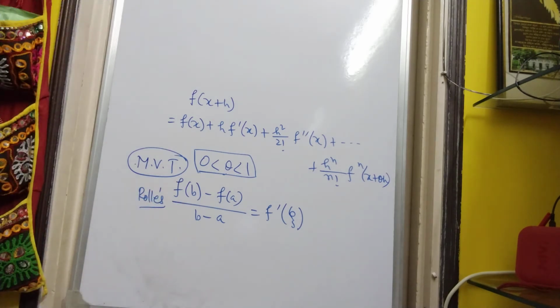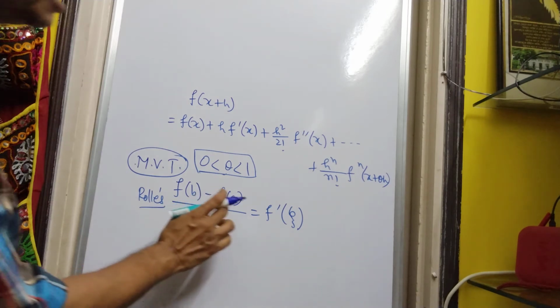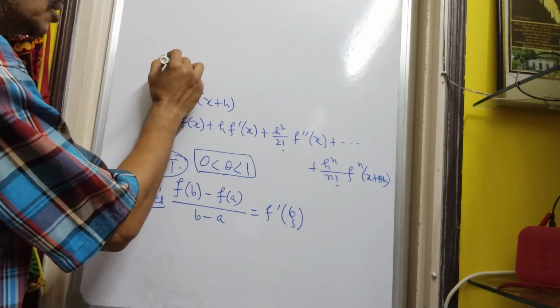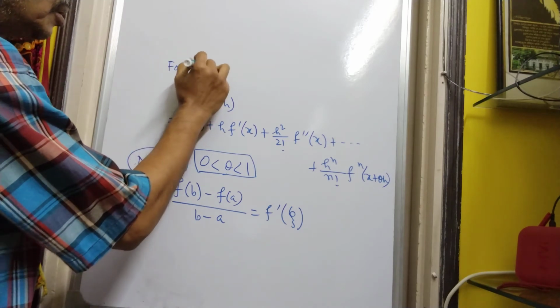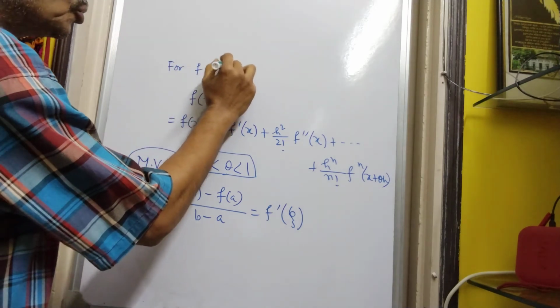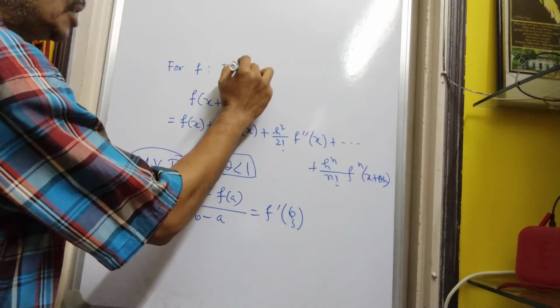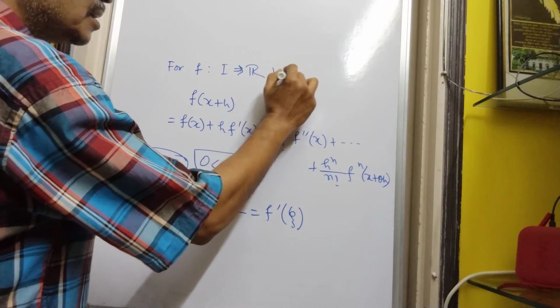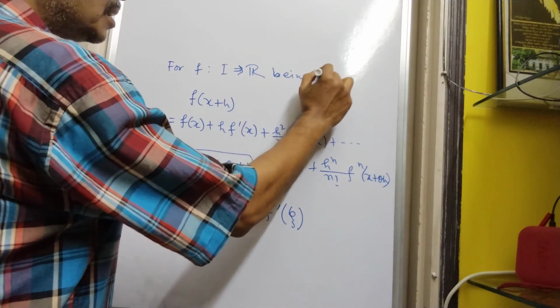We have another mean value theorem, Cauchy's mean value theorem. Sometimes it is called Lagrange's mean value theorem also. And we have, for f mapping I to R, a real valued continuous function,